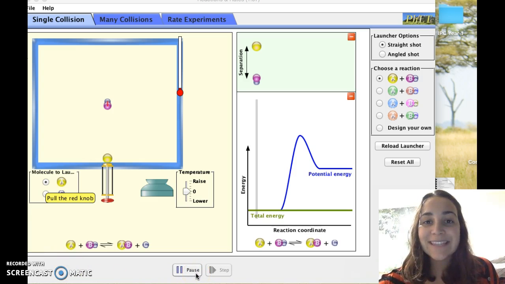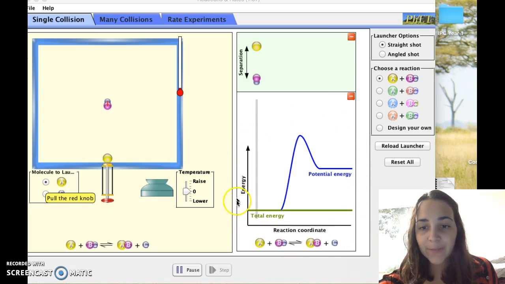You'll notice that this is a single replacement reaction where A, the yellow circle, bumps into B and C, those are together, and it actually knocks out that C so that you're left with products of AB plus C. Now this is interesting, but what we're focusing on today is this potential energy diagram listed here in the middle